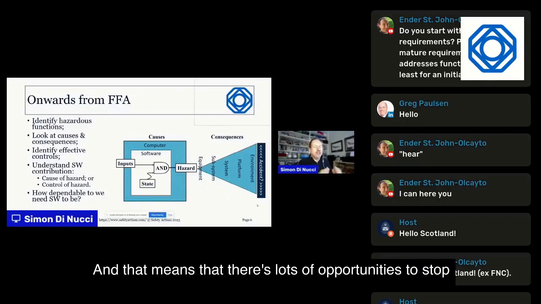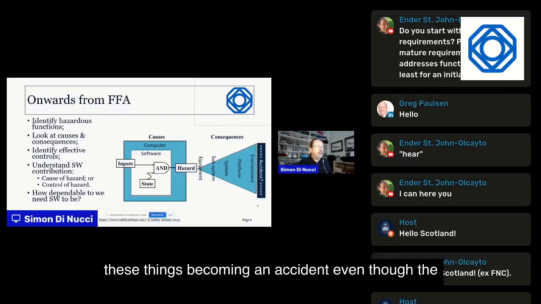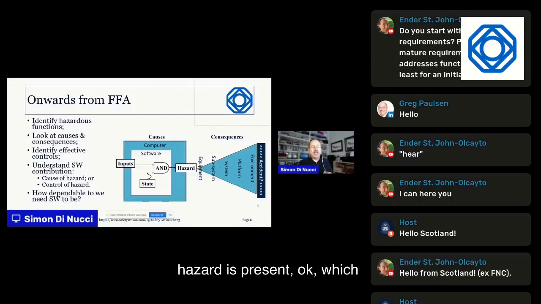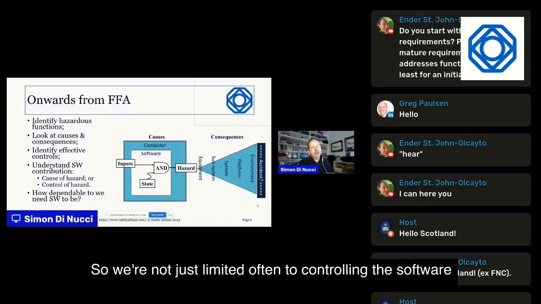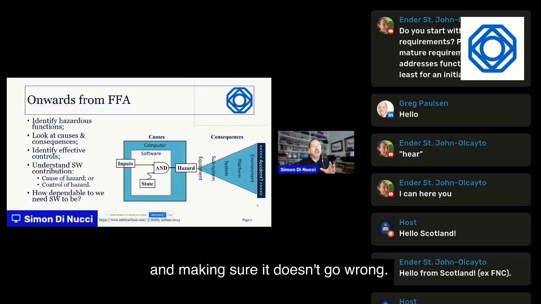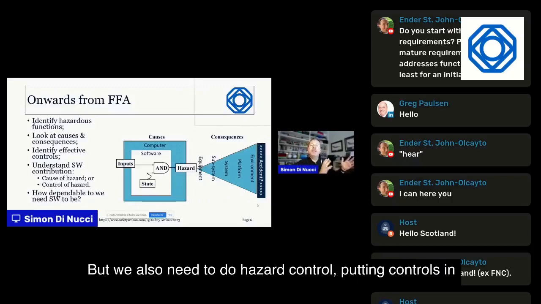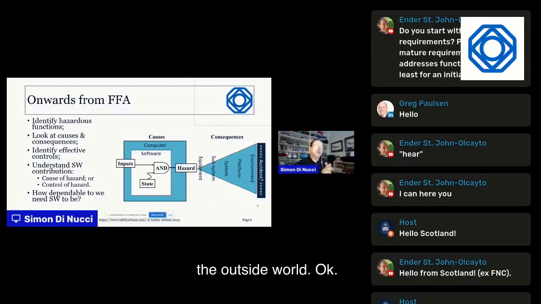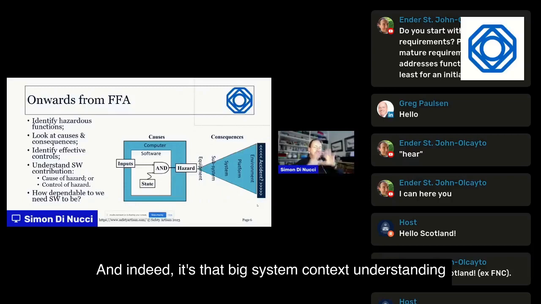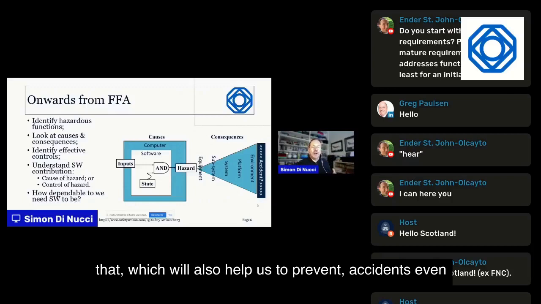That means there are lots of opportunities to stop these things becoming an accident, even though the hazard is present, which are external to the software, and we'll come back to that. So we're not just limited to controlling the software and making sure it doesn't go wrong, but we also need to do hazard control, putting controls in the outside world. And indeed, it's that big system context, understanding that, which will also help us to prevent accidents, even when the